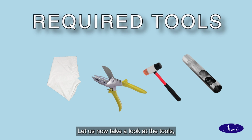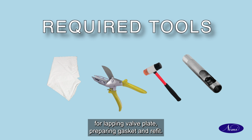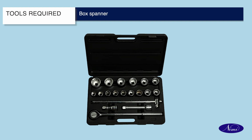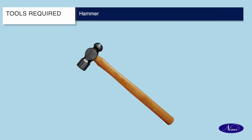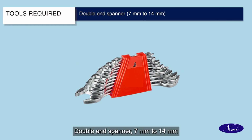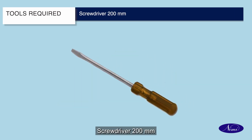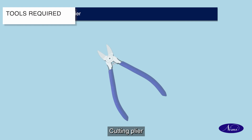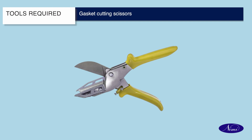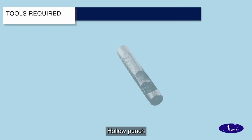Let us now take a look at the tools, equipments and consumables needed for lapping valve plate, preparing gasket and refit. Box spanner, hammer, mallet, double end spanner 7 mm to 14 mm, screwdriver 200 mm, cutting plier, gasket cutting scissors, gasket cutting chisel or cutter knife, hollow punch,